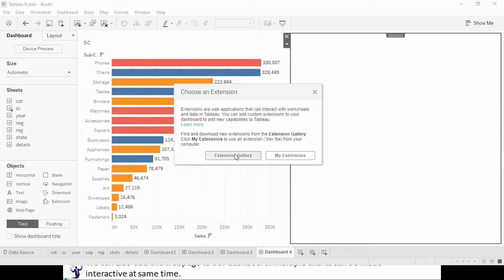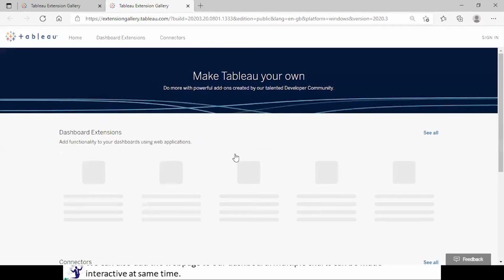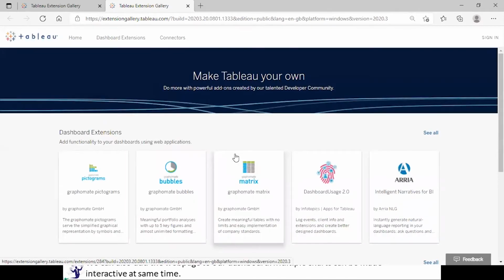Now if you click on the extension gallery, it will take you to the gallery page where you will be getting the different types of extensions. Here it is.